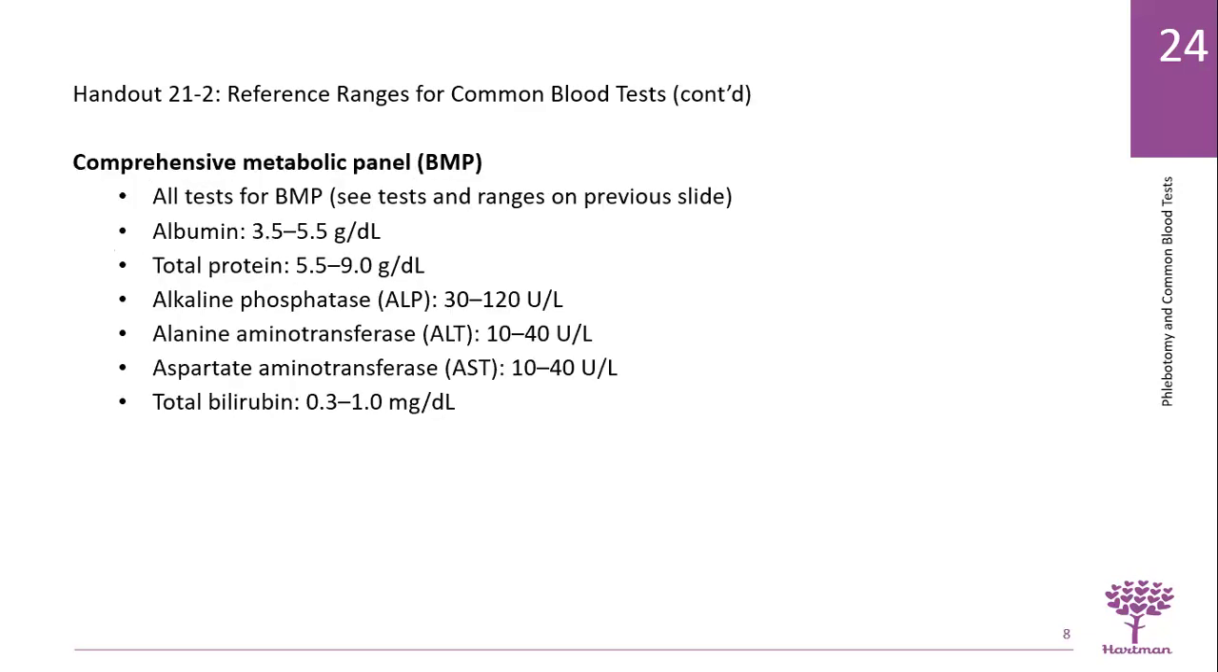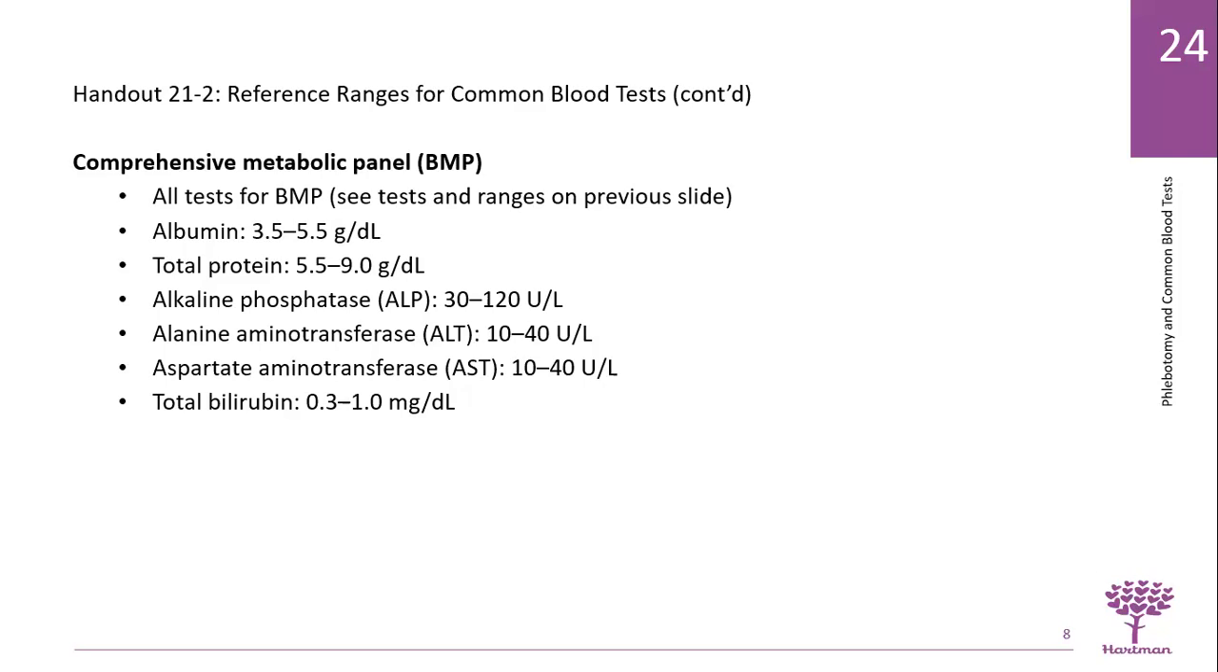Another test that a physician might order is a CMP, which stands for comprehensive metabolic panel. So with the comprehensive, we're looking at more tests. It will be everything that's under the BMP, and now these additional tests that test the liver as well. So for a CMP, all tests for the BMP, and then these tests such as the albumin, 3.5 to 5.5